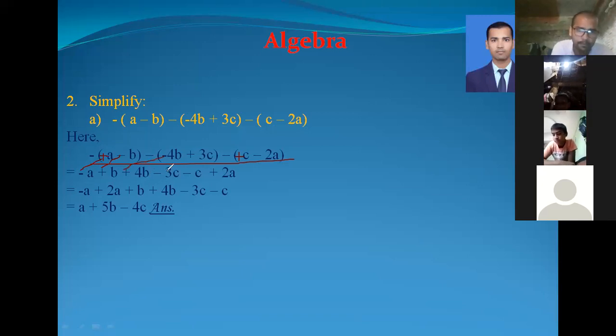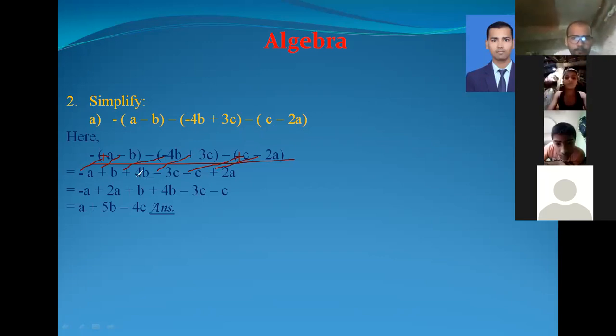Okay, similarly plus changes into minus, and that is 3c. Similarly plus changes into minus, that is c. Similarly minus changes into plus, that is 2a. So we have to change all the signs, and then after we need to arrange the like terms with each other. So here you can see